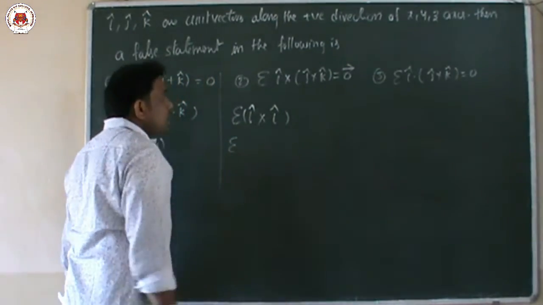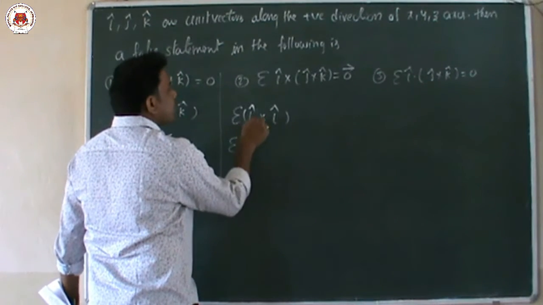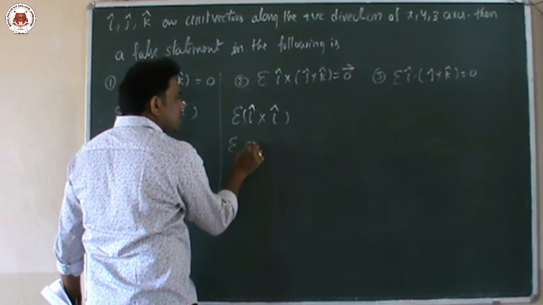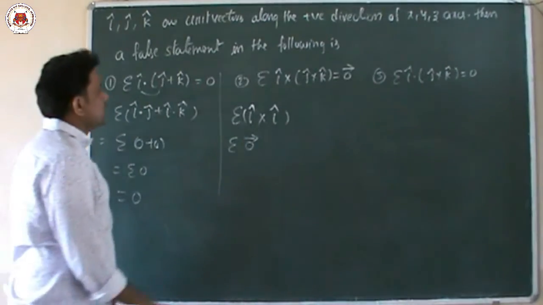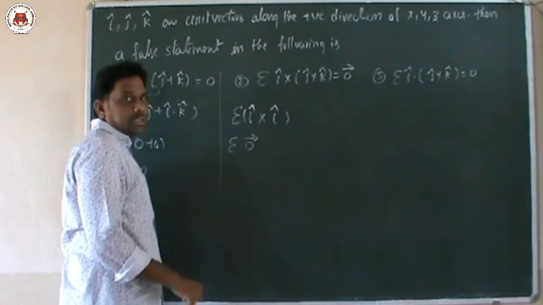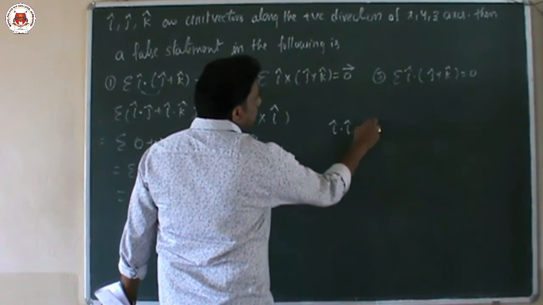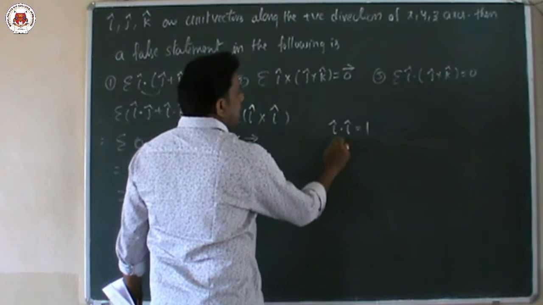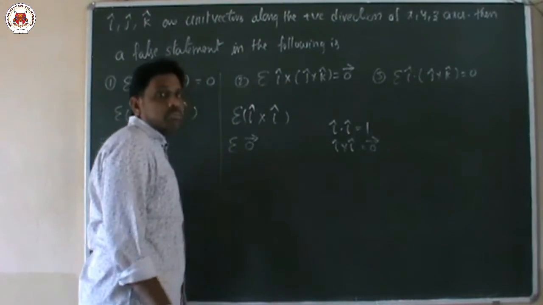So in this one, we know that in a cross product, i cap cross i cap value is 0 vector. The value is 0 because it is a cross product. The cross product between like terms is compulsorily 0 only. Children, this is a very important point. i dot i is 1, but i cross i value is 0 vector. Be careful, this is very important.